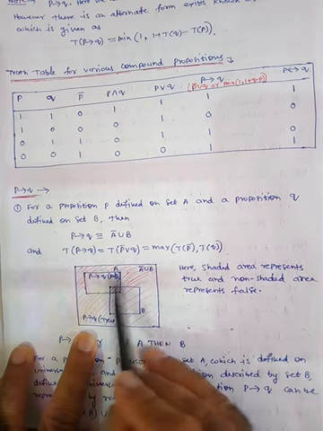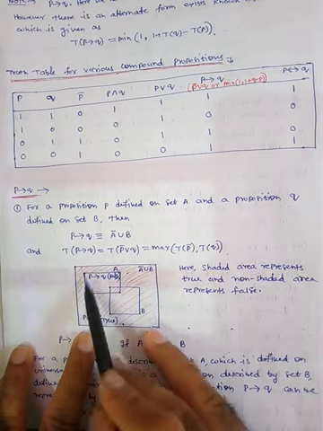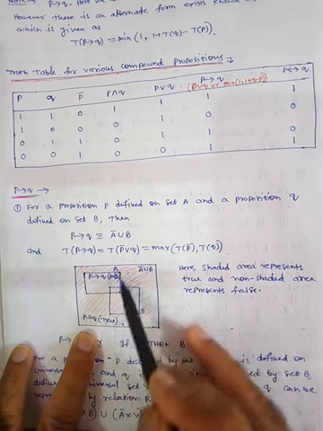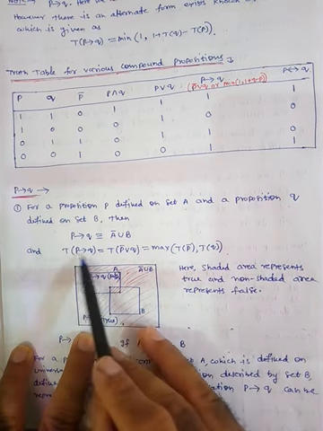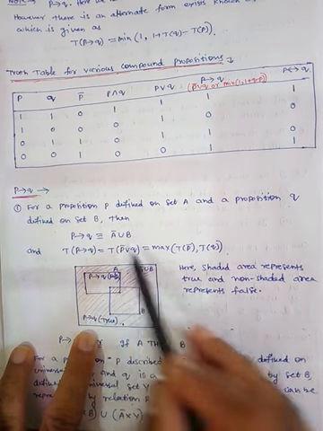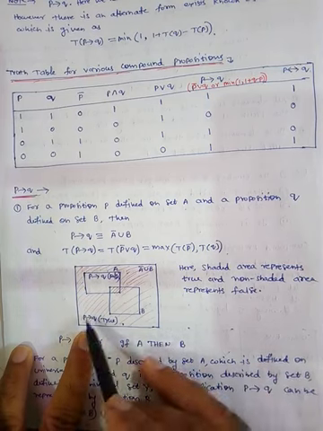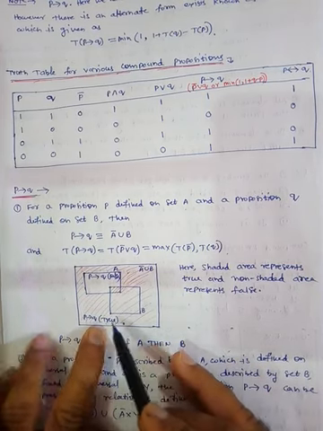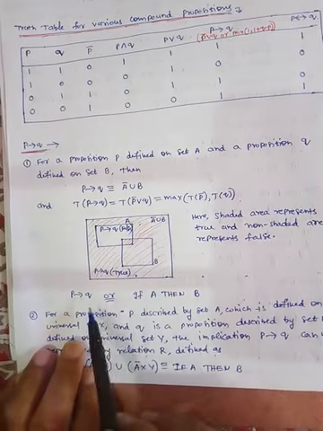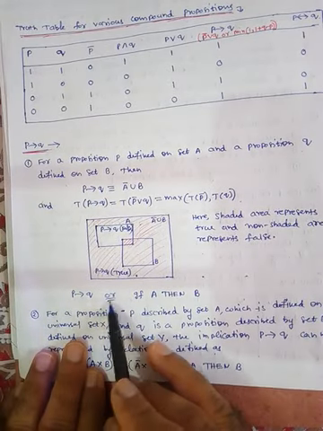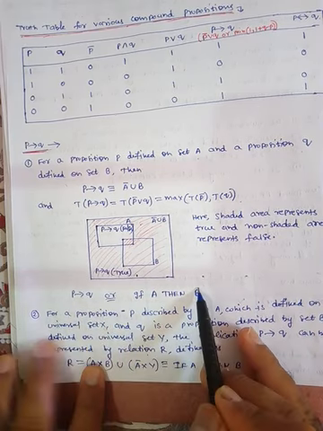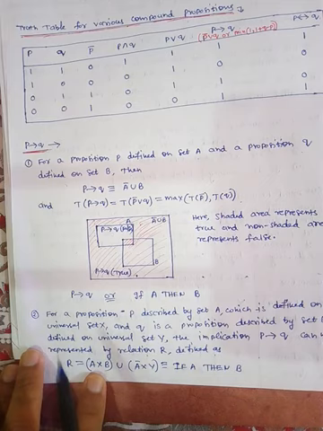Here, suppose P implies Q is here. This is false, and this is true, because we are finding the truth value of P implies Q, which is equivalent to this. And this is nothing but this red part area. That's why P implies Q is true, and what remains is called false. Fine. This is equally written as P implies Q, or if A then B. This is the logical form, this is the set theoretic form.